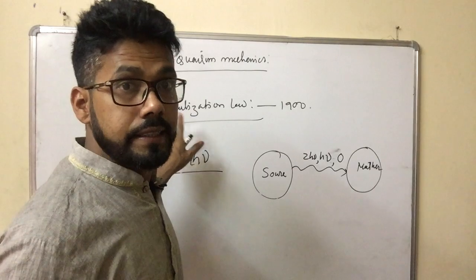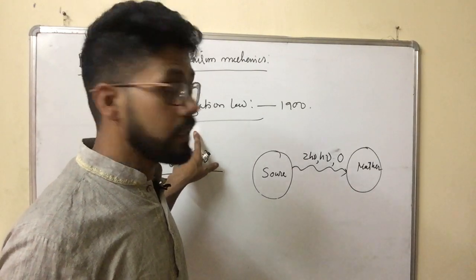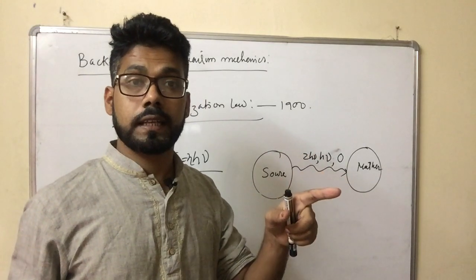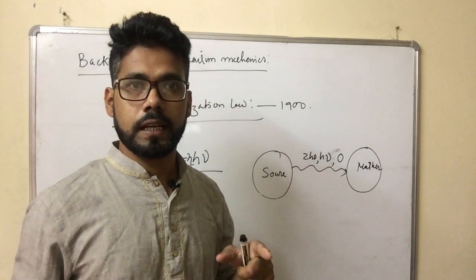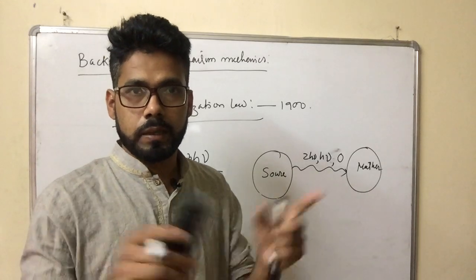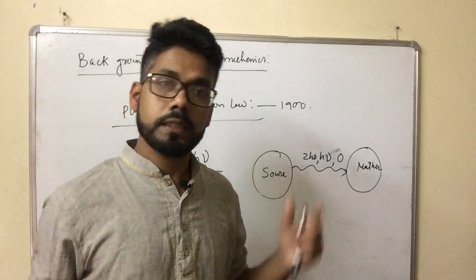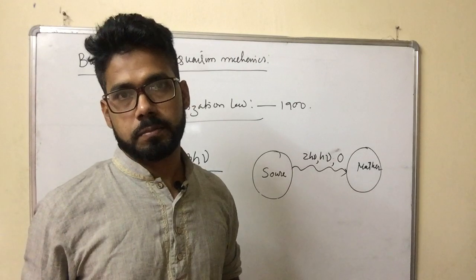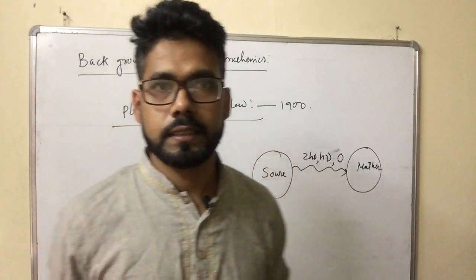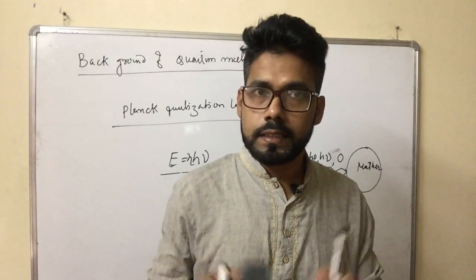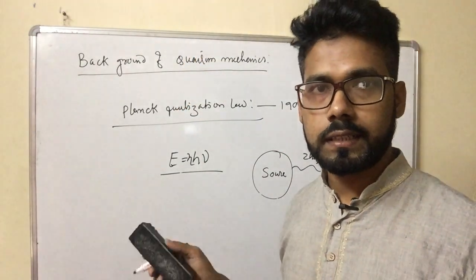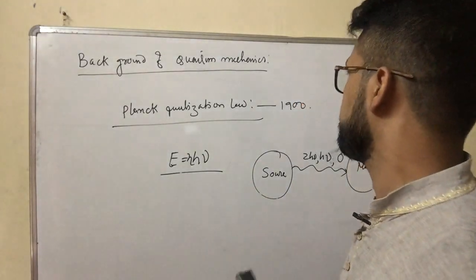Okay, and this Planck concept successfully overcame the difficulty faced by classical thermodynamics laws, as we have already heard about the Rayleigh-Jeans law and Wien's law, which are unable to explain the whole blackbody spectrum. This problem was overcome by Max Planck. That is why we often know it as Planck blackbody radiation. We will discuss it later in detail. This is just background on why quantum mechanics started, so I briefly explain.